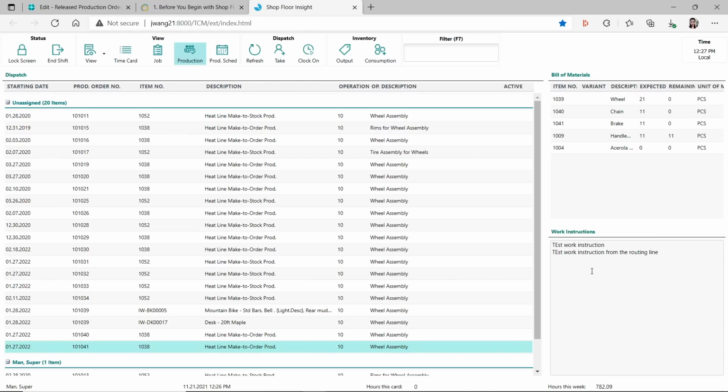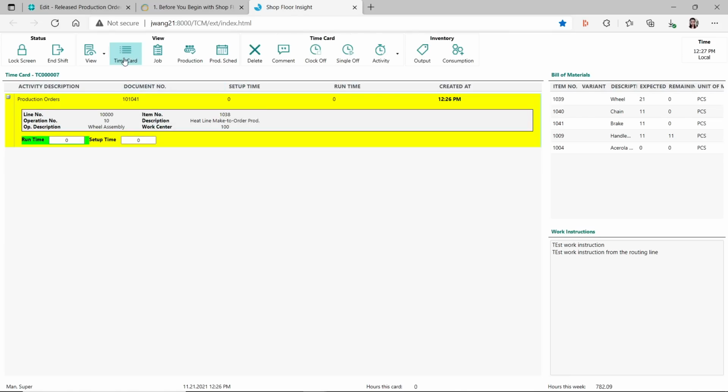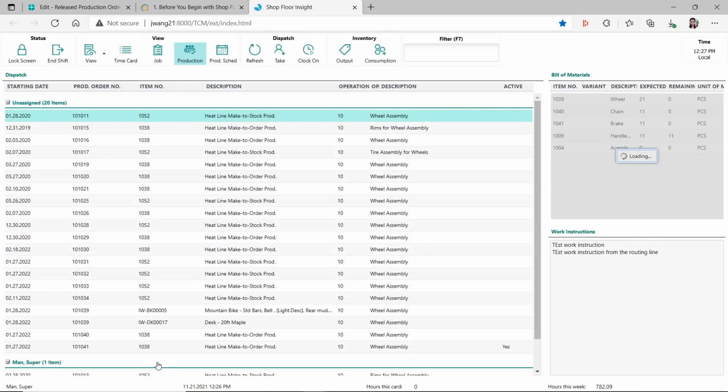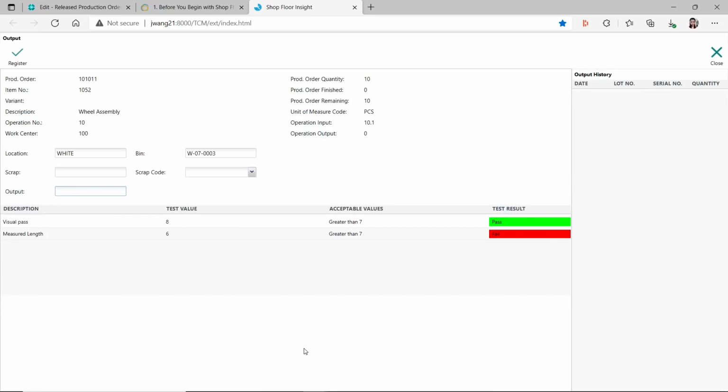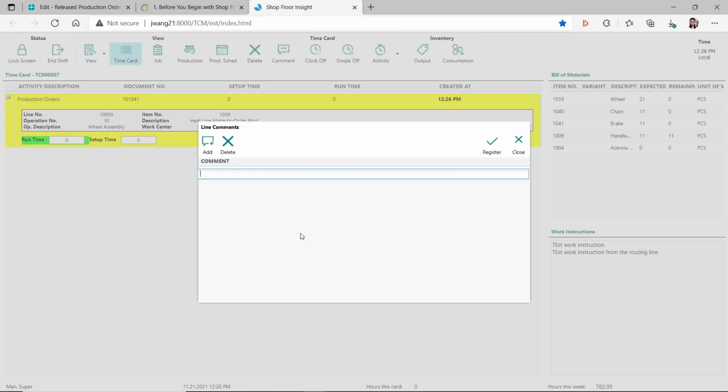So it's really very handy. If you have any work instructions, you can show them on the shop floor. And when the shop floor workers are doing something, they can also put comments on their time card entry. If this is my time card, let's take a look at the view. We go to the production order. These quality notes are one thing, and there's another place where you can put some comments when you report a card. So it's comments here. If you click on add,